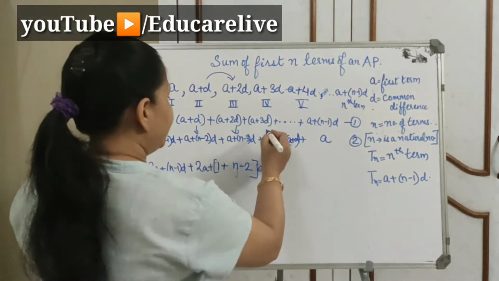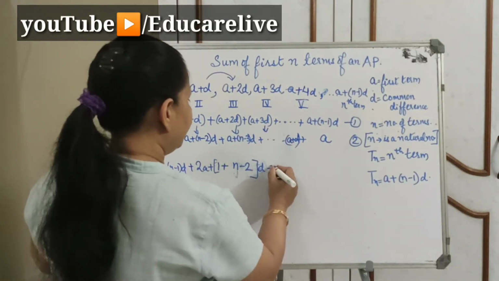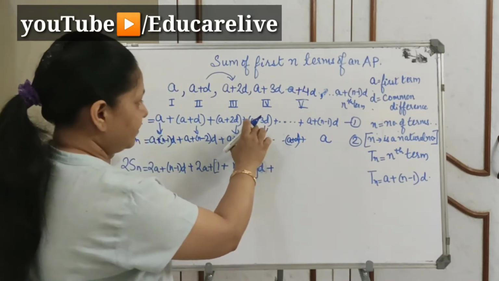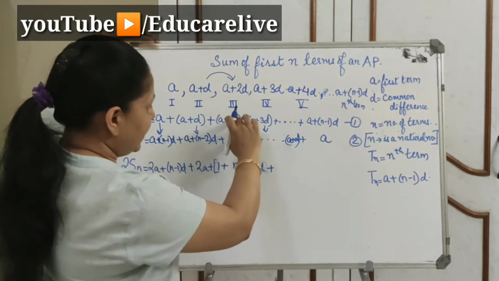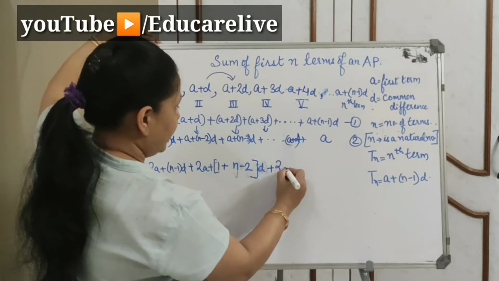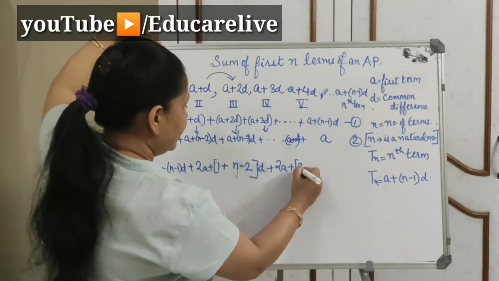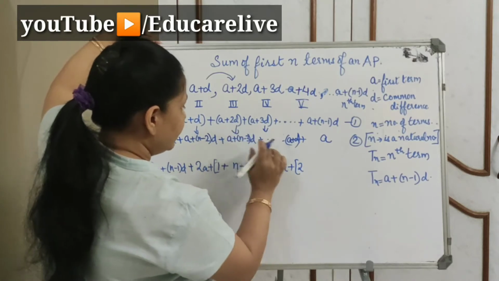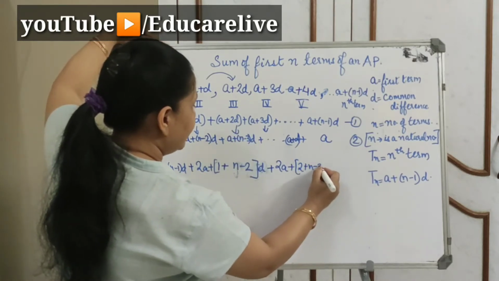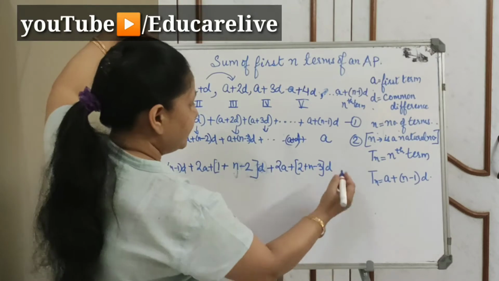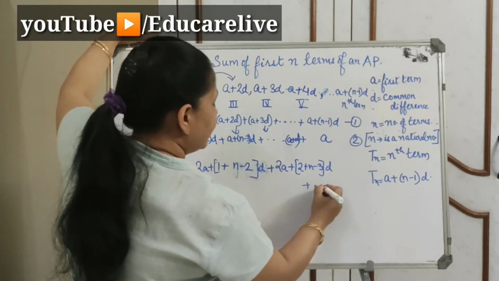Okay. Likewise, we add the third term. So again here we'll add them. So these two terms we need to add. So a plus a is 2a again. And again I am going to take d common. So here the coefficient of d is 2. And here the coefficient of d is n minus 3. And I am writing d outside. So this is the way we keep moving.